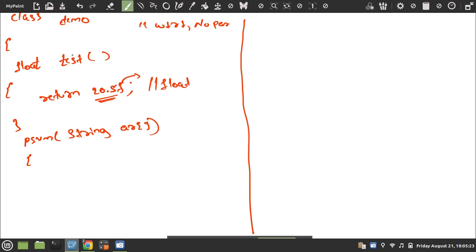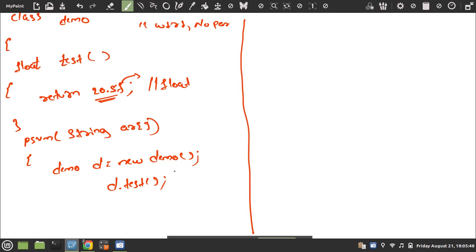The test method is present in which class? Demo class. Means I should create the object for the Demo class. Demo d is equals to new Demo. Next, I should call this function test, so d dot test.